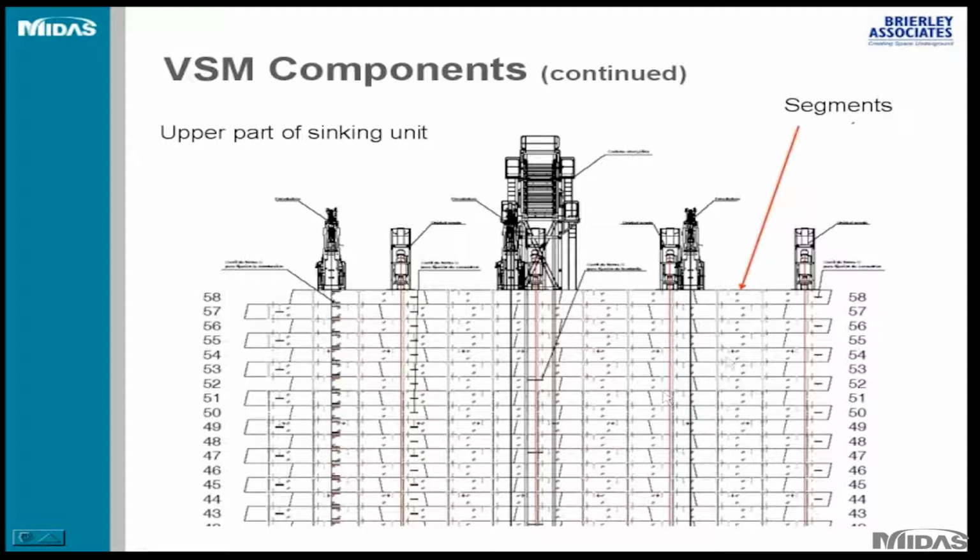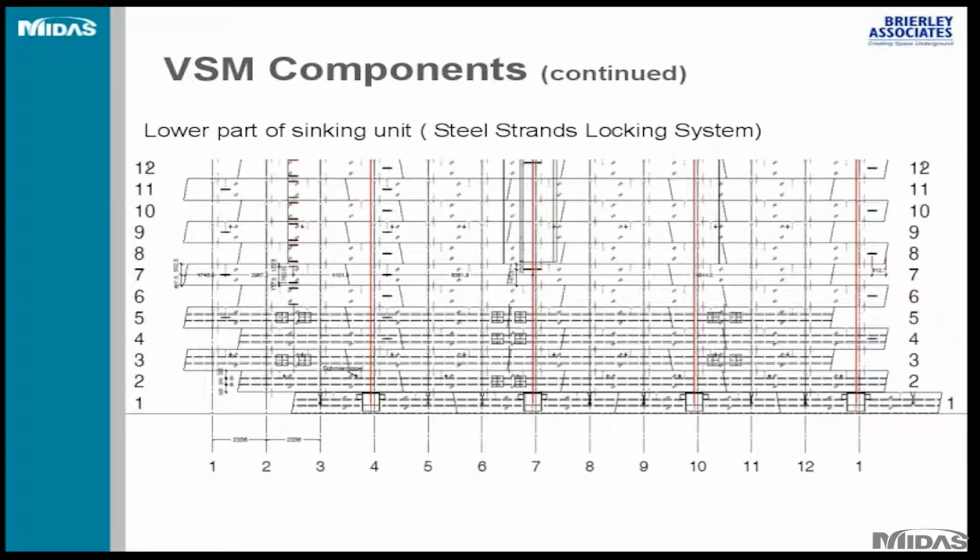So you see all these red lines. The red lines that go down show all the cables, or the steel strands, that go all the way to the bottom. And here you can see the segments. Each ring of the shaft has 4 segments, and these are 15-inch thick, prefabricated, fiber reinforced concrete segments. So as you see here, each ring has 4 segments.